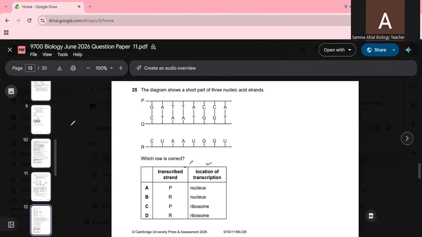P is the location of the transcription in the nucleus. Yes, option A is the correct option because you can see P is the transcribed